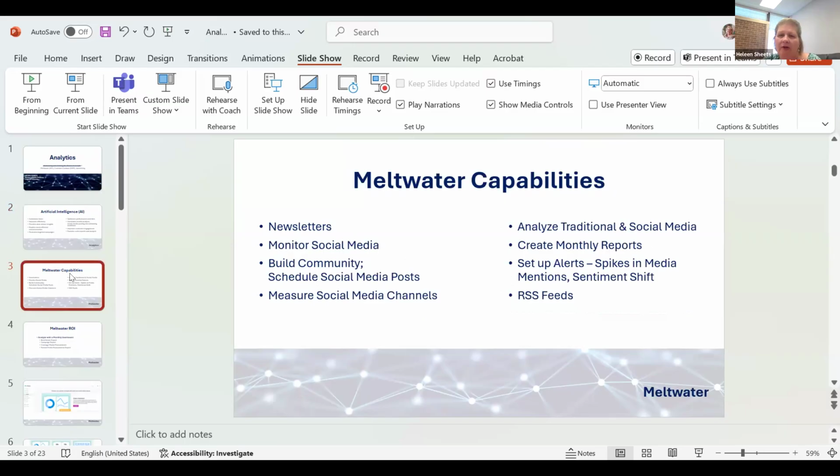And then Meltwater's capabilities, they can do a lot of things, emails, newsletters, set up alerts. So if you get spikes in your media or mentions, it'll let you know via email.